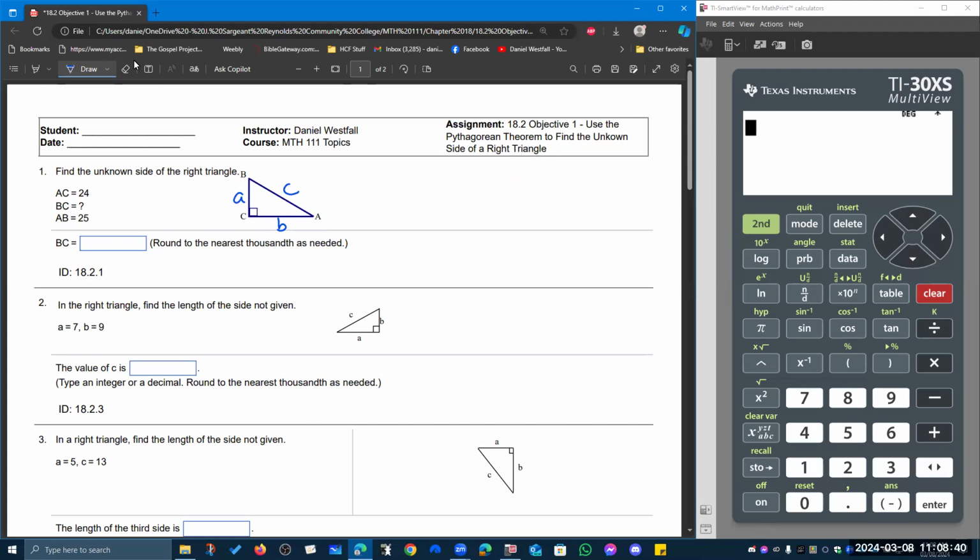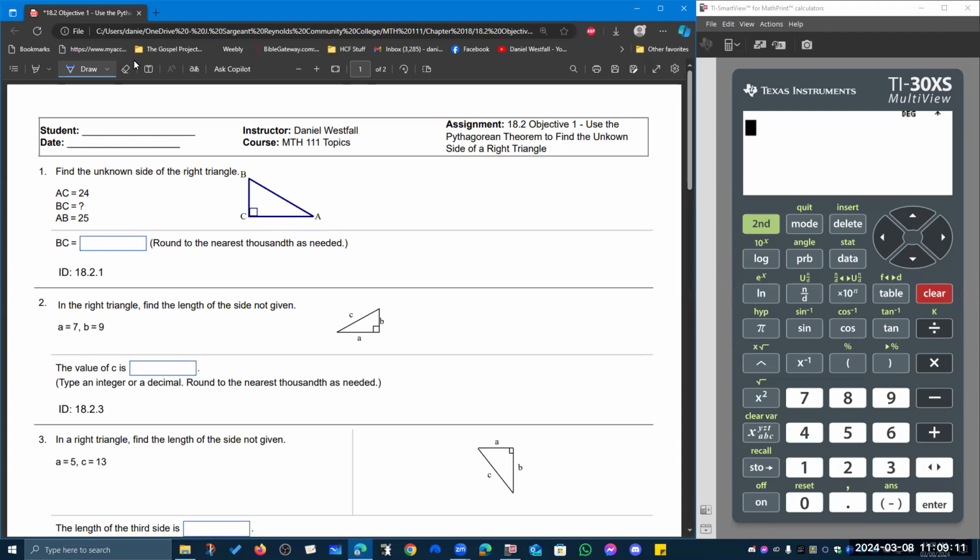We're going to see in some of these problems that there are some special relationships where all three sides are whole numbers. Those are called Pythagorean triples. We're going to see a couple of those. There are lots of them, and you can look them up if you're interested, but we're going to be using the Pythagorean theorem to actually solve, even if we know it's a Pythagorean triple. So let's go ahead and